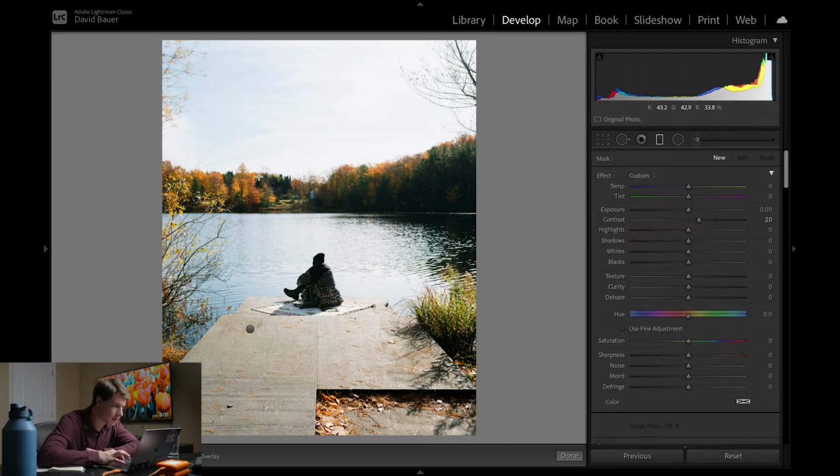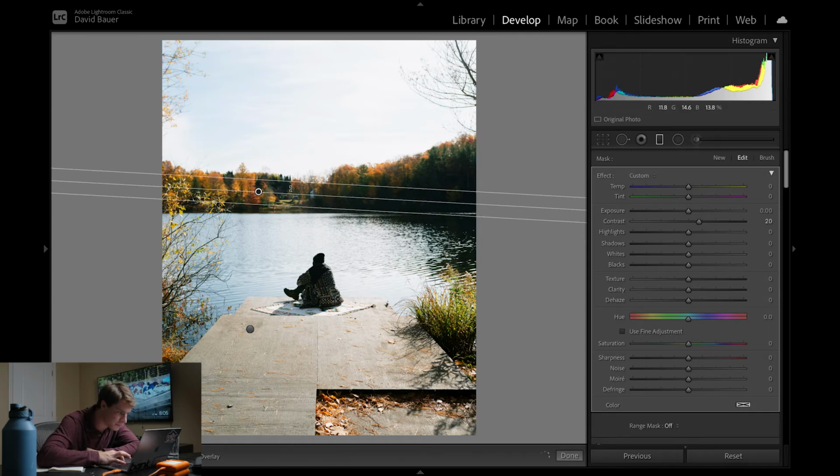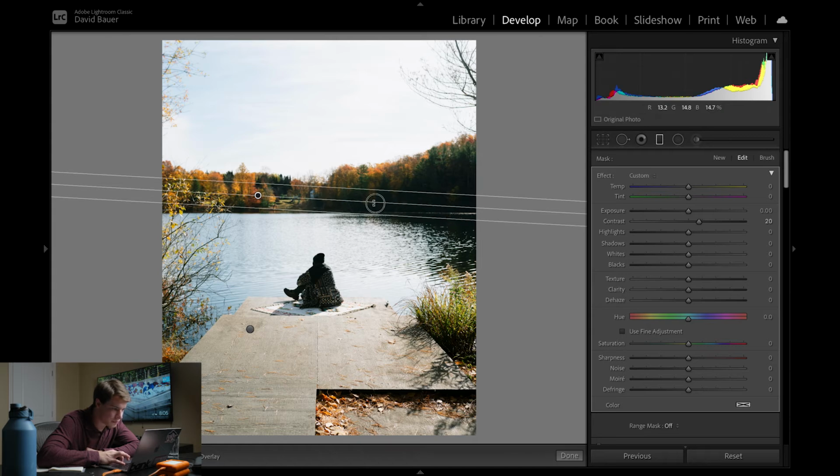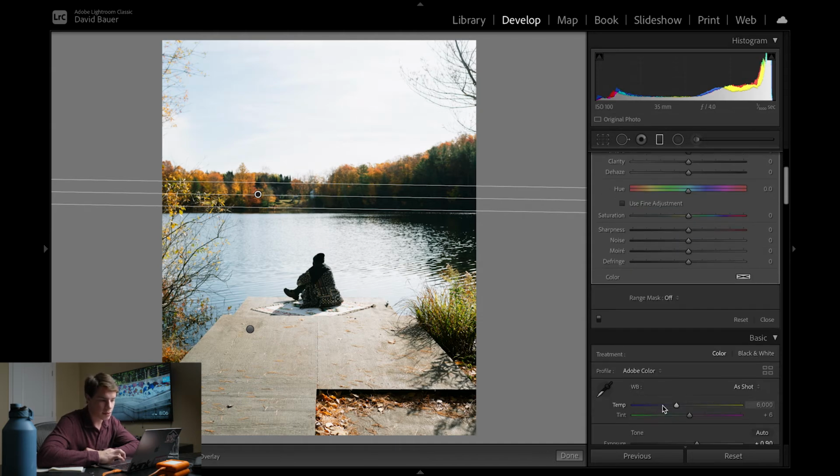Up in the top here, this is something we can also mess around with just because it's a little bit distracting to me. Not really worth a sky replacement in my opinion. I do like the way that this photo is, but another cool thing that I learned a few months ago,